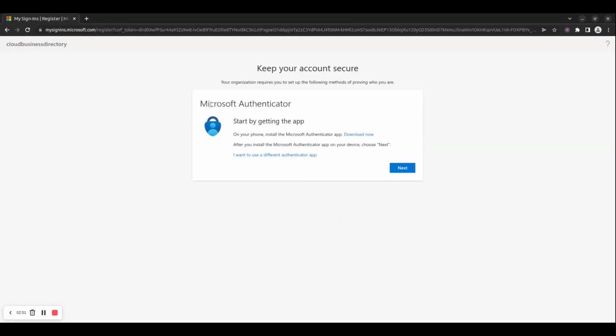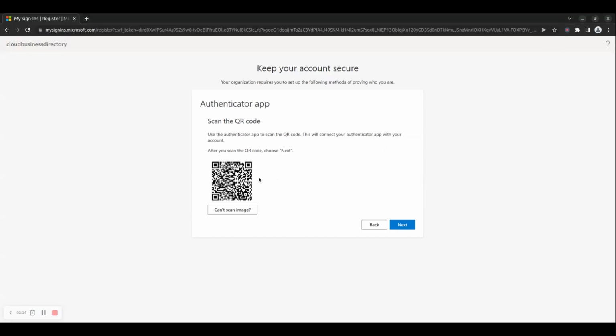At this point, we are forced to use an authenticator app. So we can either use the default Microsoft Authenticator app by downloading the app to our mobile phone from the Android or iOS marketplace, or we can choose to use a different authenticator app, like, for example, Sophos Authenticator or Twilio Authy. And then in this case, we click Next, and we will need to scan this QR code using